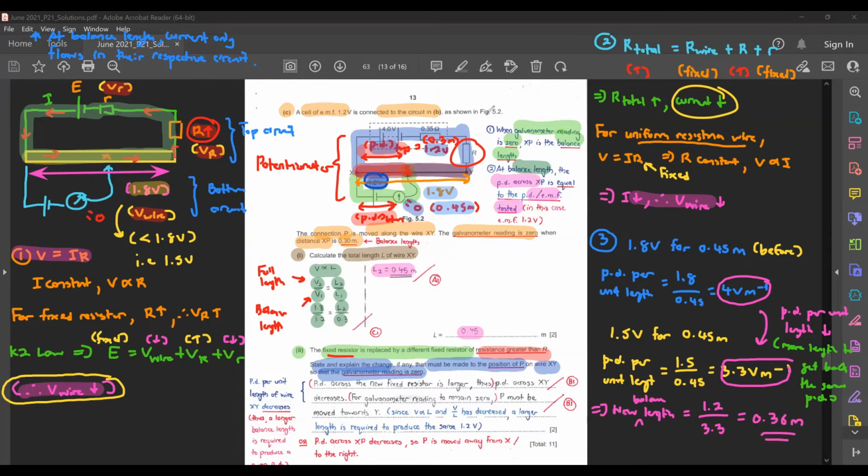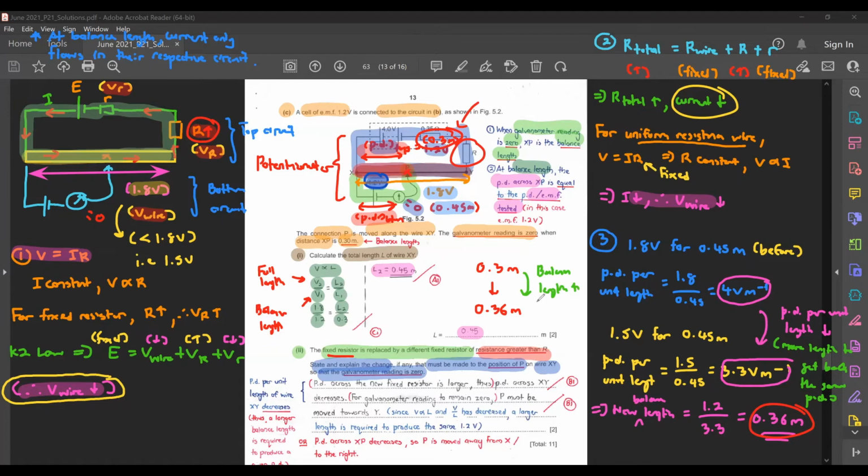Okay, now look at what is the balance length before you change the fixed resistance. The balance length before you change the fixed resistance was actually 0.3 meter. Now, once you increase your fixed resistance, your new balance length is actually 0.36 meter. So from 0.3 meter to 0.36 meter, your balance length